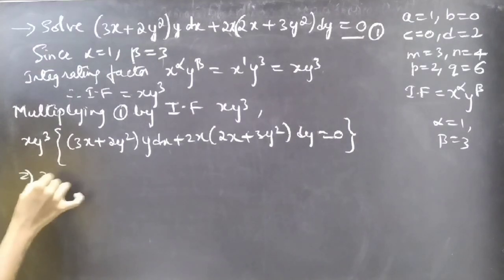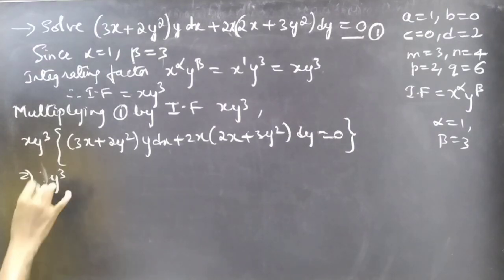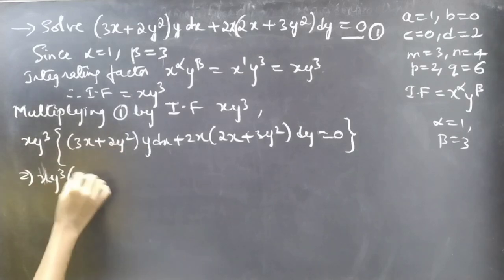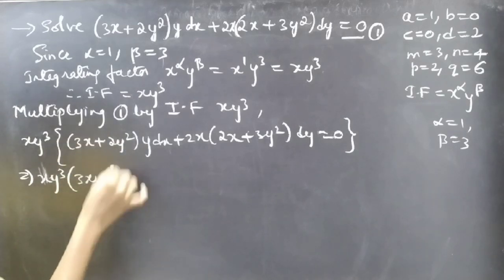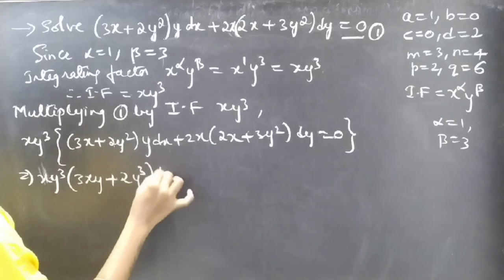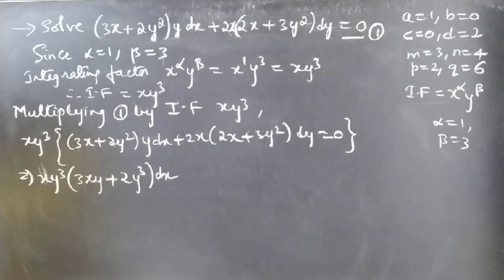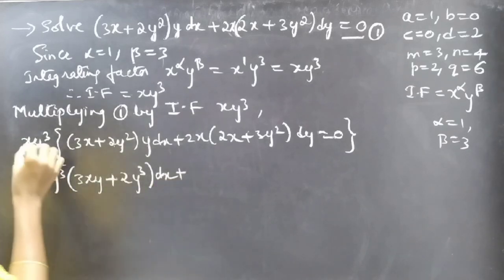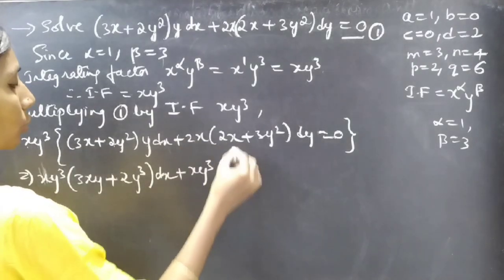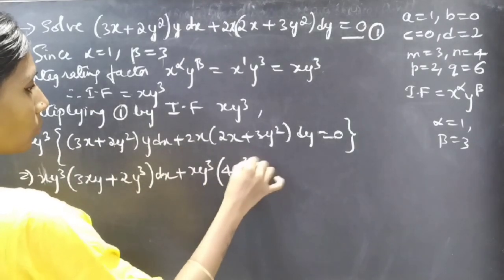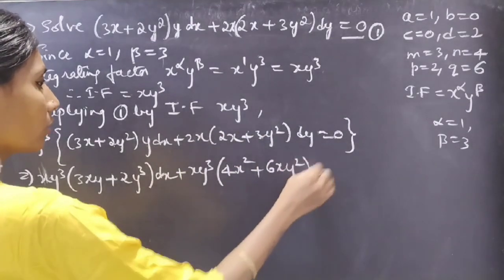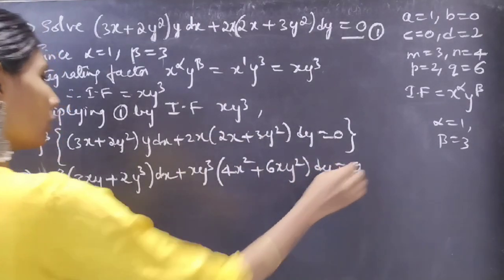This gives us xy cube into 3xy plus 2y square into y is y cube into dx plus xy cube into 2x into 2x, 4x square plus 2 3s are 6 xy square into dy equal to 0,